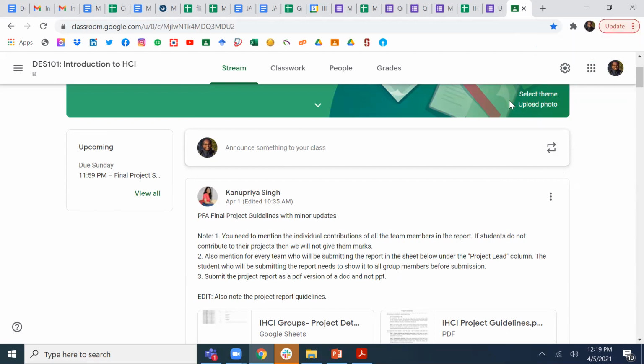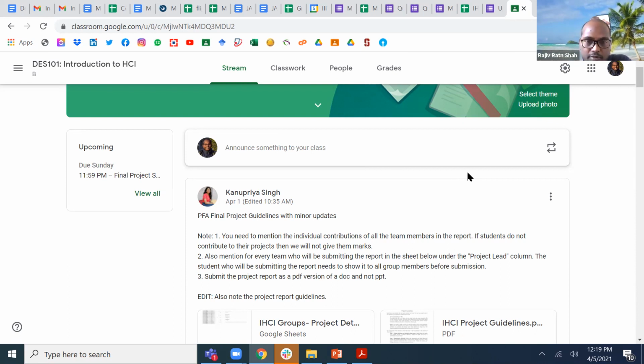Sir, in a case where one person is making the prototype and the other 3 members are writing the file and do not contribute, how is he supposed to submit? Only the prototype? Whatever you have completed, you need to submit, and when you submit, you mention that this is the prototype and that is the contribution. You divide the task among yourselves after some discussion: I will complete this part, you complete this part. If you completed your part, you are good.